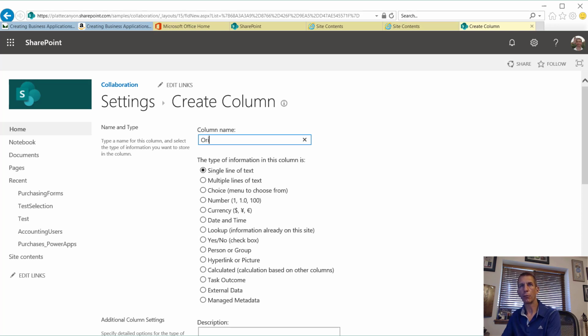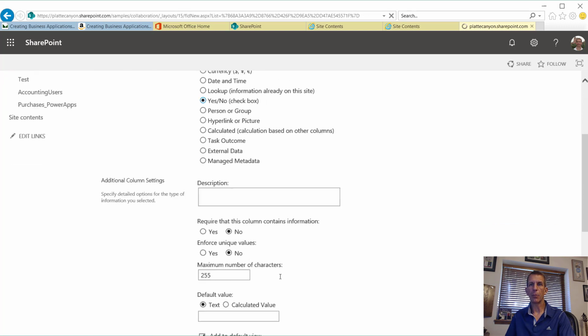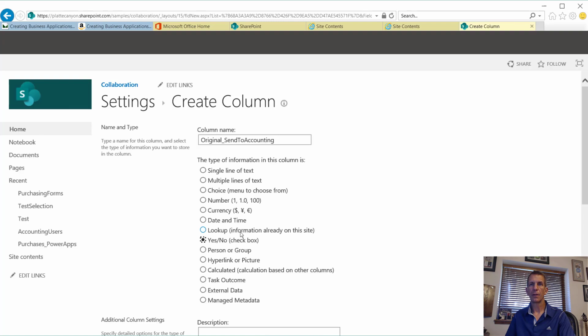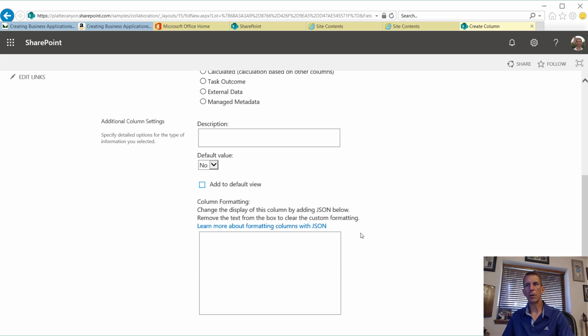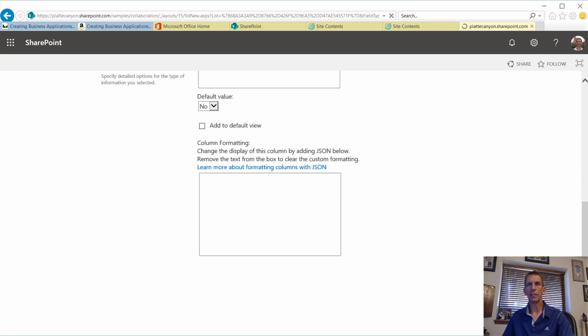I like to call it original. If I'd been thinking, I would have gotten rid of the spaces. That's what InfoPath gave us, but that's okay. Very important that this is limited to no. And then I don't want to put it in the default view. So I'm basically using this as a global variable that we don't put in the view and nobody really knows is there, but we use it from